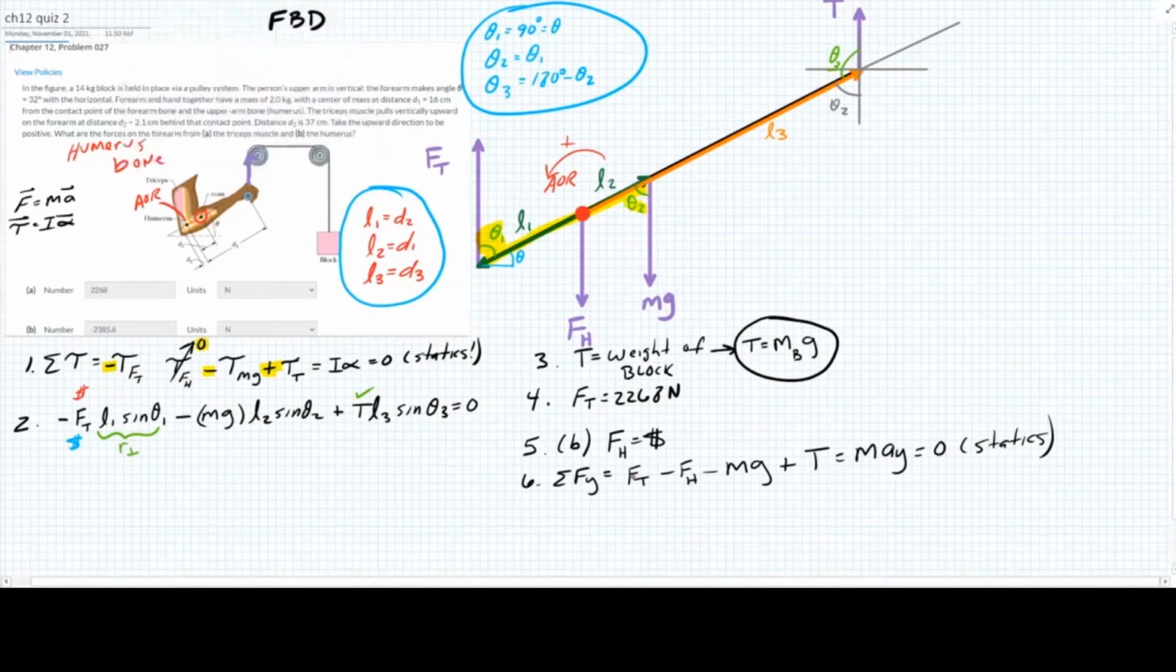I know F sub T because I just figured it out. This is my dollar sign. MG, this is the mass of the forearm. It's the mass of the forearm times G. I already noted that this tension is just brought to you by the mass of the block times G equals 0. Okay. F sub H equals FT minus mass of the forearm